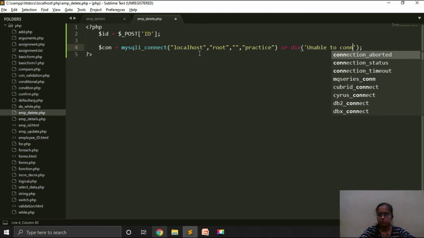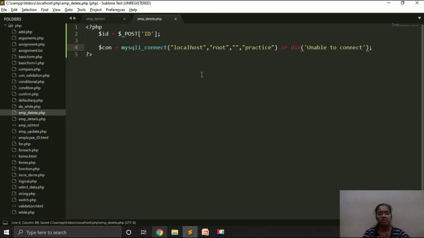Now if the connection contains any error, then further code will not be executed. The code will die over here and the message will be shown: unable to connect.